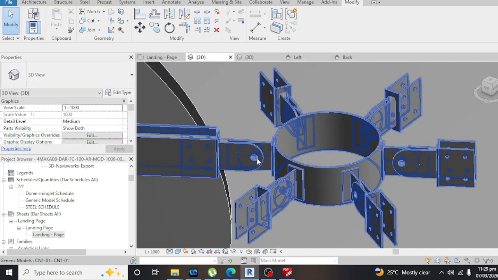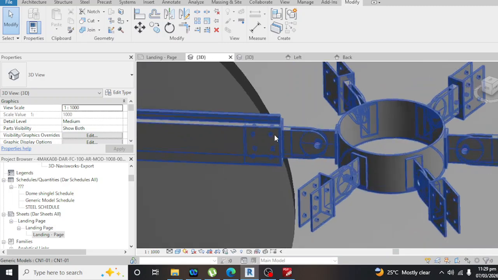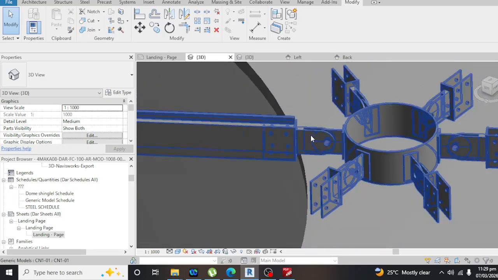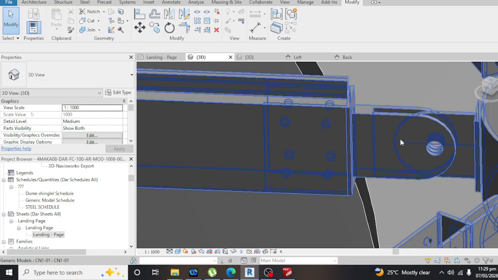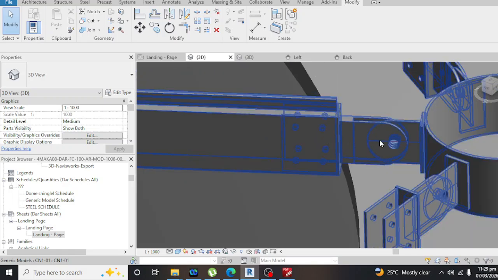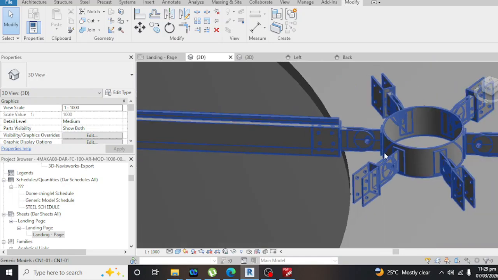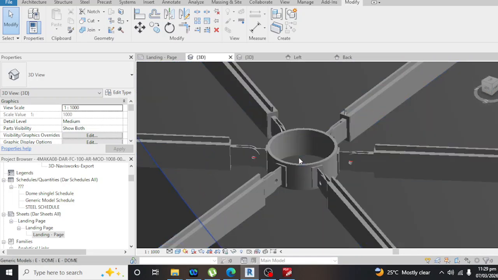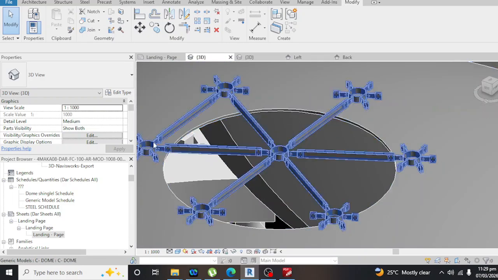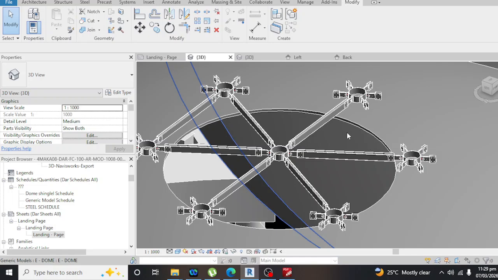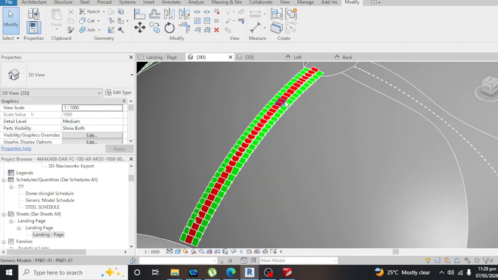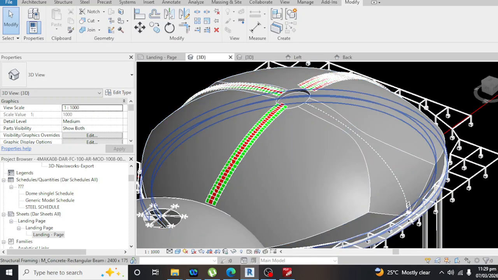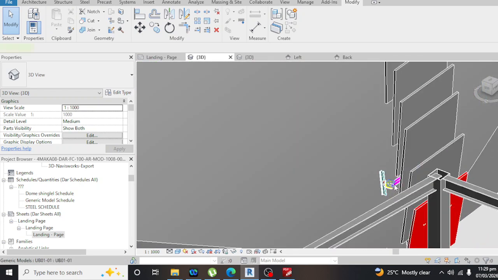The detail is very good, as you can see. The hole is in the right place. This circle inside, I think there is a steel inside, but the scope of our work is only the 2 mm panel and the frames. This one, the frames.